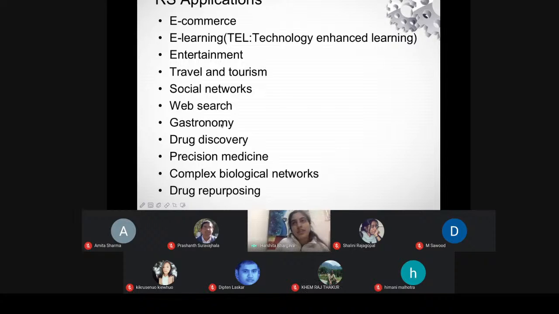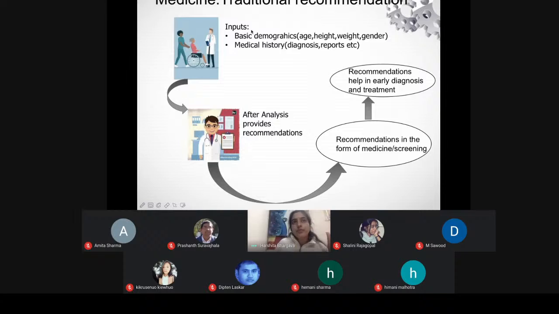If that drug can be repurposed to cure some other disease, then that is the best thing, because you can decrease the drug discovery time that takes around 10 years to come up with a feasible drug. So drug repurposing is very much needed, and it is being very much used in the COVID scenario, because it is very difficult to come up with a drug that can cure a disease, or that can target a particular protein.